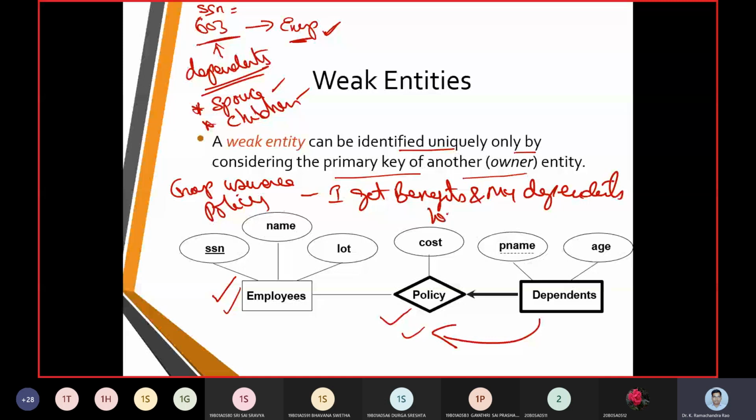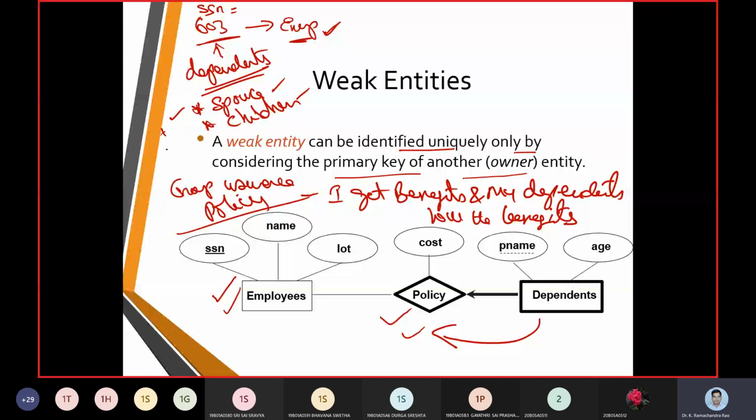First condition: are my children employees of this organization? No. Then why have we put them in? They are my dependents.